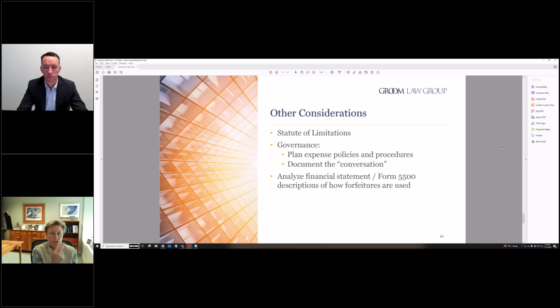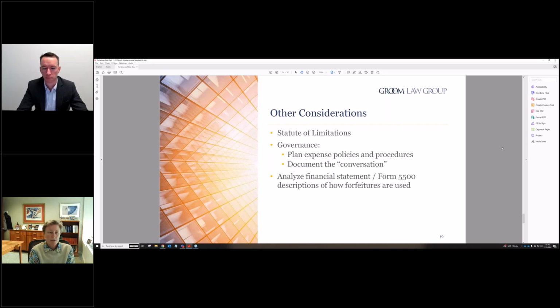That sort of conversation that I talked about between the plan sponsor and the plan fiduciary, what do you want to do? Here's what we're going to do. We're not going to put in any more money other than what we have to in contributions, plus what's available in forfeitures needs to be used there. That can be documented. And then another thing, one of the ways that plaintiffs' firms identify plans and then try to find